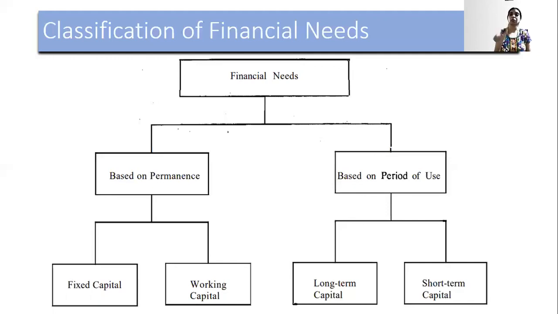Okay, understood what you mean by the best on performance? Now we are going to see it based on a period. So here the period is also important, from the point of view of the number of years. You may be in need of a fund for 10, 15, 20, even an unknown number of years. That is called long-term capital. Long-term capital is always used by companies for fixed capital, like when you need a building or machine. Even for project financing, some part needs long-term capital.